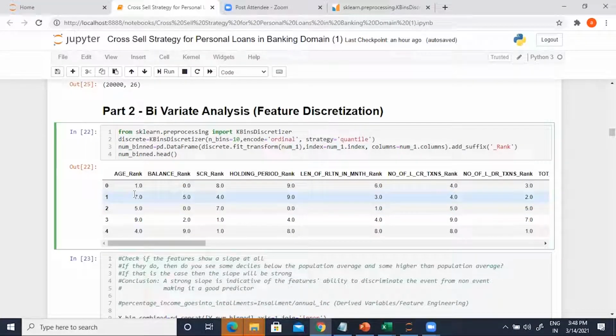You go from a lower age value to a higher age value. What kind of impact do you have on the event rate? So if you take a collection of people who are in a low age group, do they have a higher response rate than people who are in the middle age group or, say, the advanced age group? If the event rate is changing with a change in the value of the feature, then we can say that that particular feature is actually predictive.